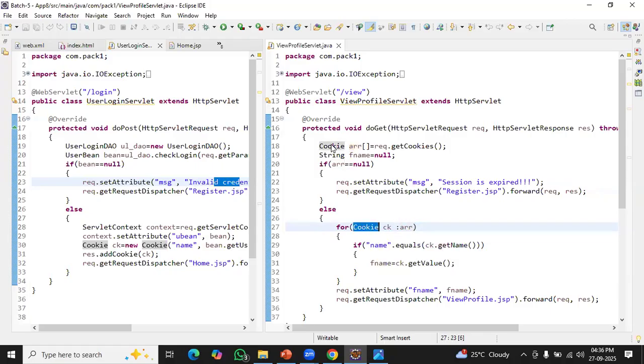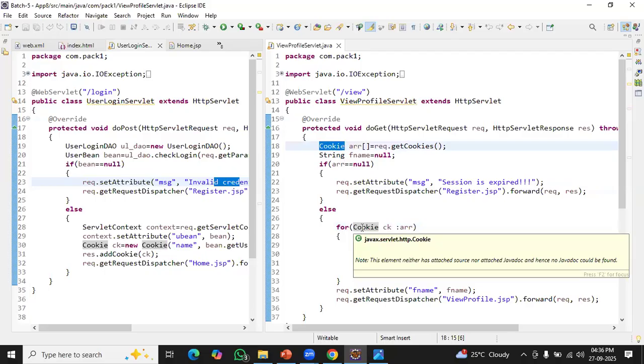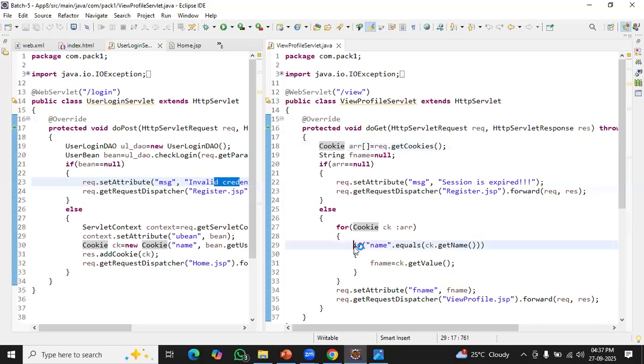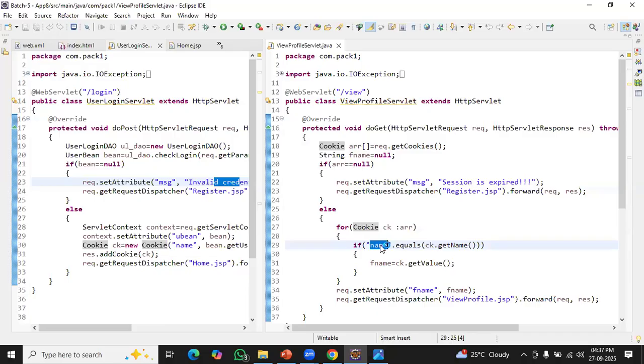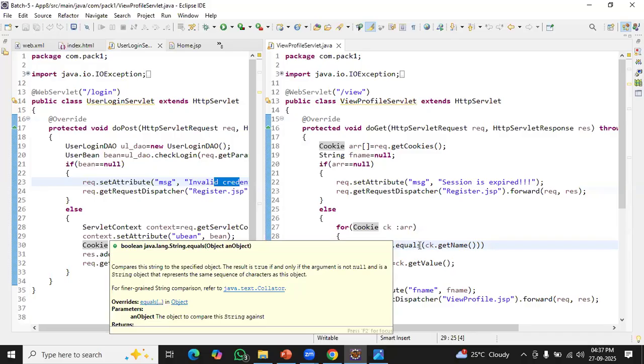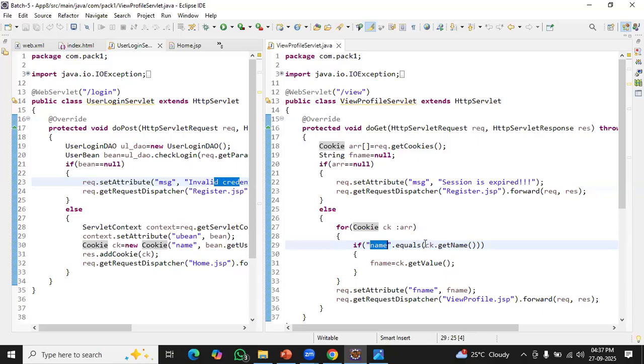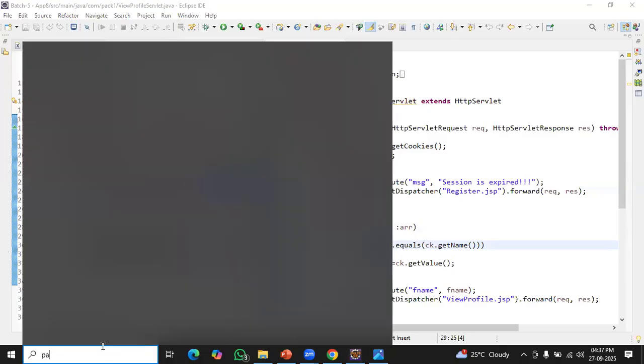Left side, I am taking exactly the same data type. It's just a data type. That's it. Not more than that. Come on. Okay. Now, if name, I know what name I have given to my cookie. So I'm trying to use name. This is just a string value and equals. For example, listen to me once. Let us think that here,